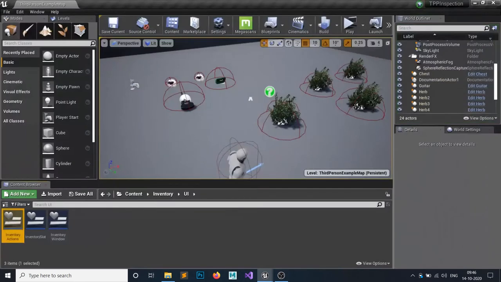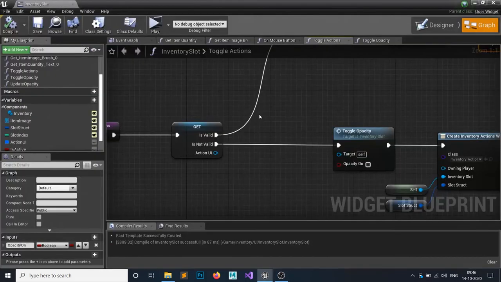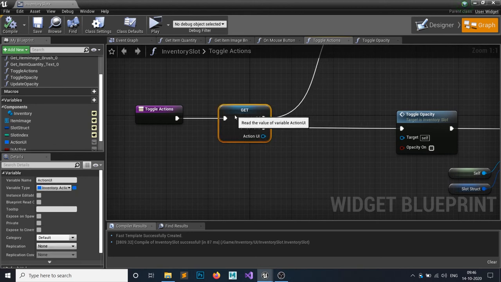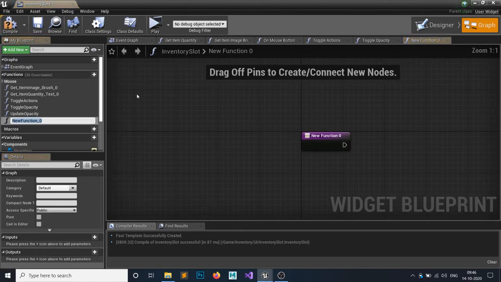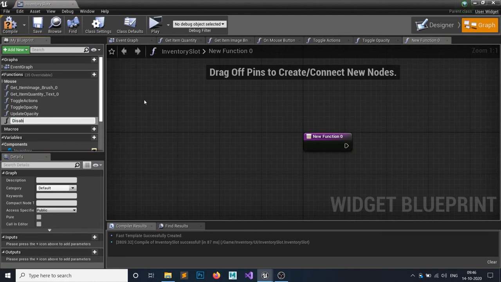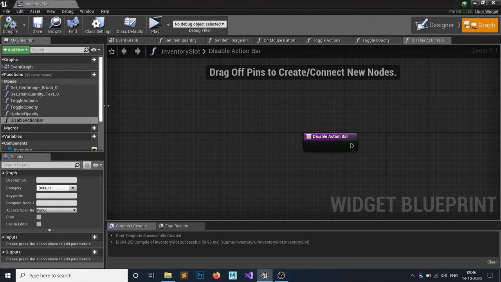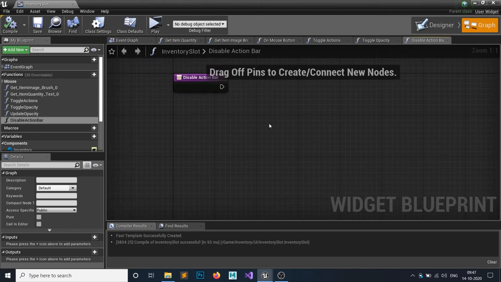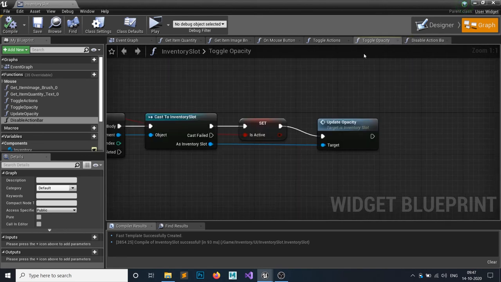So what are we going to do? We just want to disable all the things. So let's create another function, and we'll just call it disable the action bar. We're just going to disable this action bar for every single thing except that one.